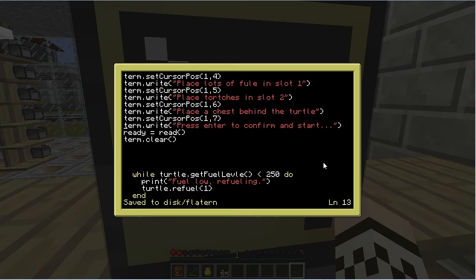So what we're going to do, we're going to place torches into slot 2 if required. Okay. And I'm going to spell required correctly. Always good. And then what we're going to do down here, we're going to say, not press enter to start,